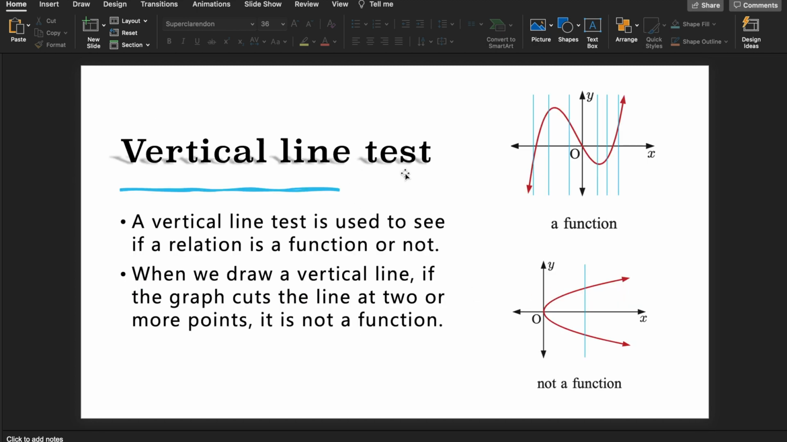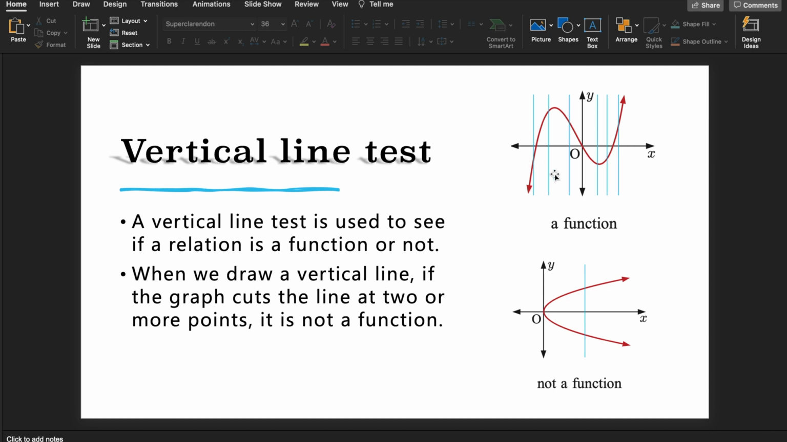Okay, to check whether a relation is a function, we would use something called the vertical line test. A vertical line test is used to see if a relation is a function or not. So we'll have to draw a vertical line over the graph that you have. And when we draw a vertical line, if the graph cuts the line at two or more points, it's not